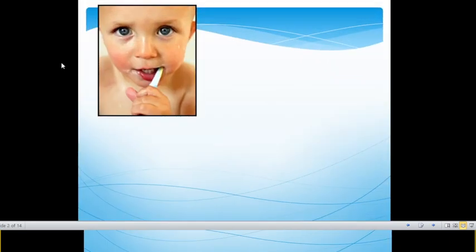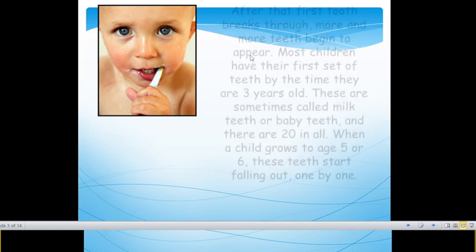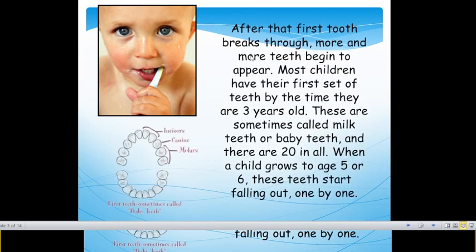Next, you can see a small kid brushing because his mother told him to brush that day, or else she would not give him a chocolate, and she scolded him because he ate the chocolates. You can see this child is of a very young age. In a child, from the first day onwards, the teeth eruption will start.